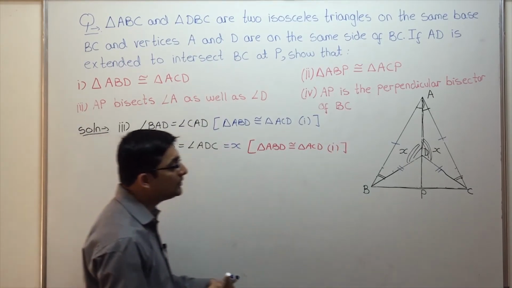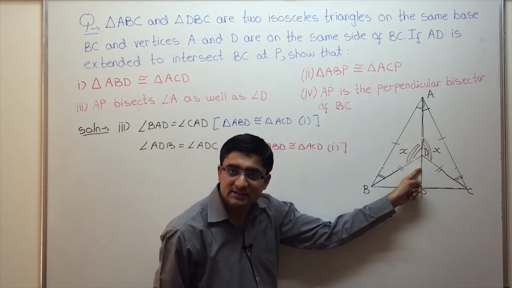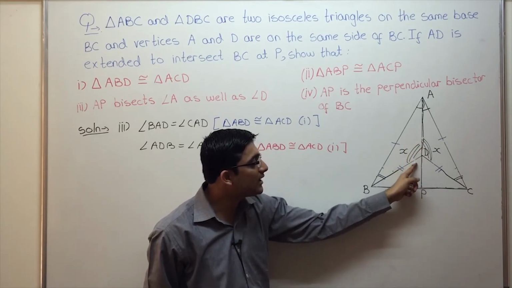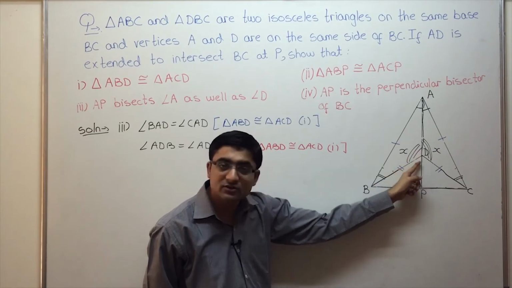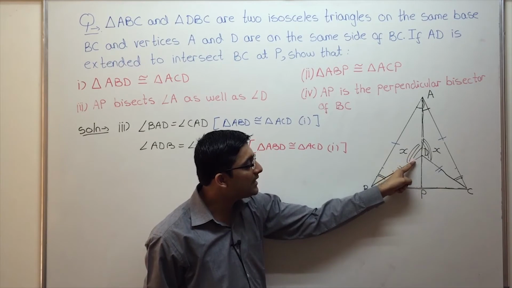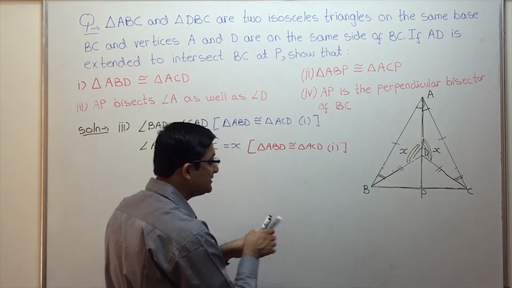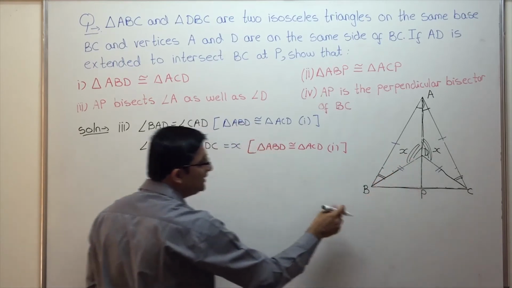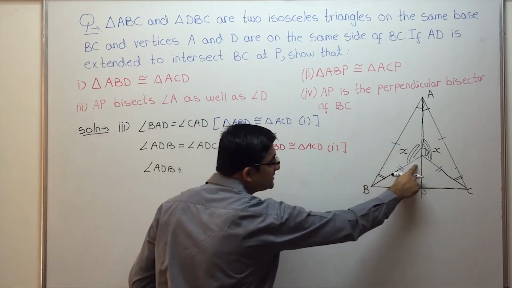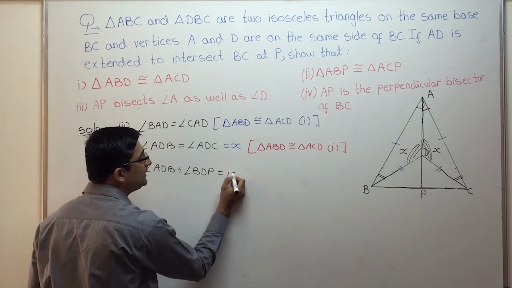Now, what I want you to do is, see, I have to show these two angles to be equal. Now see, AP over here is a straight line. What can I say about these two angles? Two angles next to each other on a straight line. Look at this angle and this angle. So they'll form a linear pair. So that means this angle, angle ADB, plus, what is this angle? Angle BDP is equal to 180 degrees.